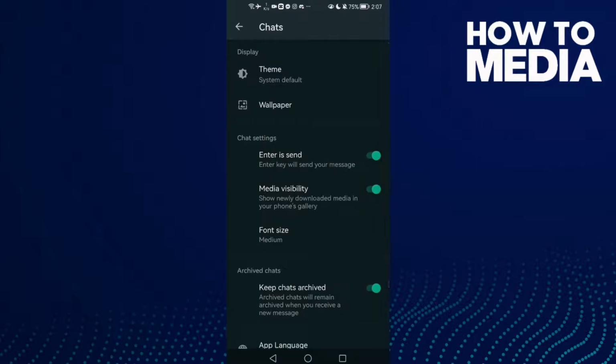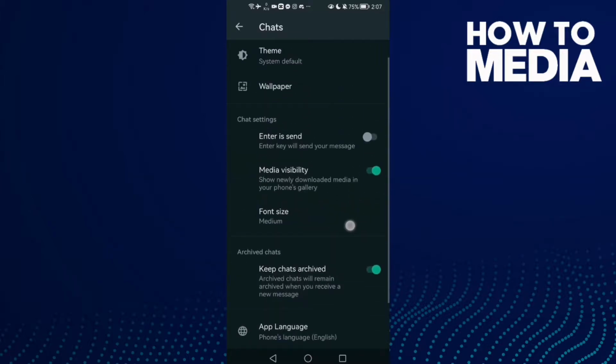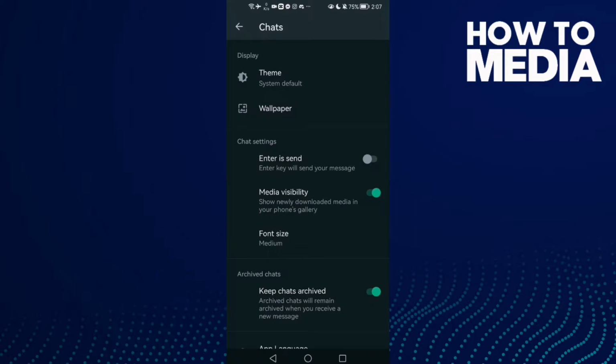All you need to do to turn it off, just click on it, one click, and as you see enter is sent have been turned off, and that's it. It's easy. Now just go back, it will be saved,